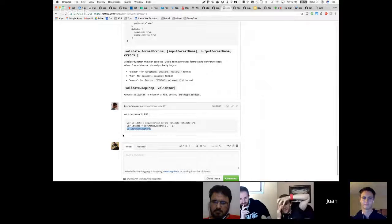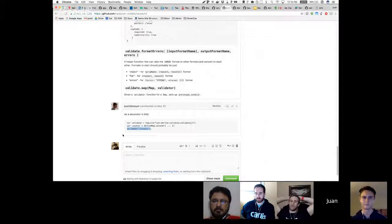Somehow we're going to go inside there and destroy whatever has been done before, and loop through and see anything that has required, or any of these other properties in the definition. We're going to then undo what we did before and somehow redo it, but have this new order of first we're going to create the types, then we're going to create the getter, but now we're going to wrap that with the validation, and now we're going to add serialization or whatever. So there's an order of how these things get composed that somehow we're going to have to